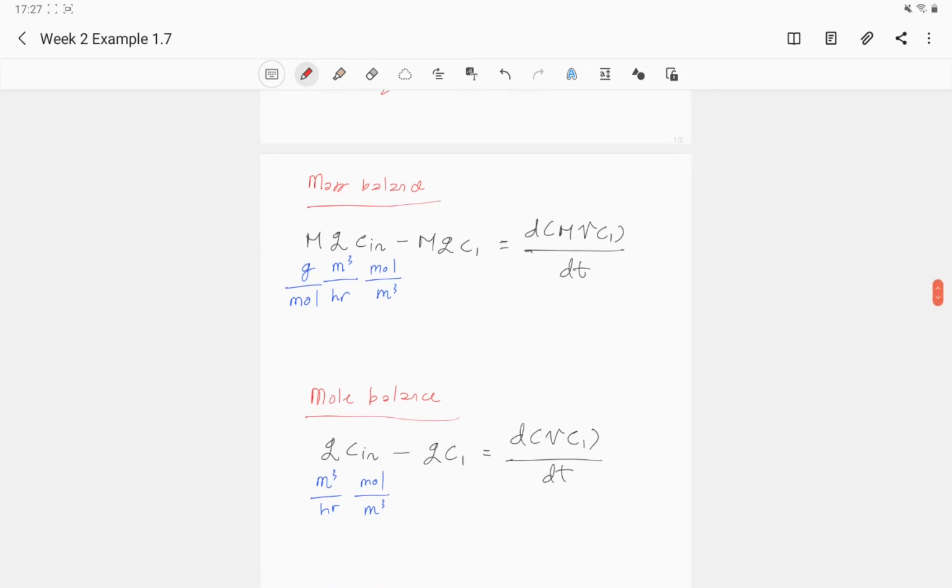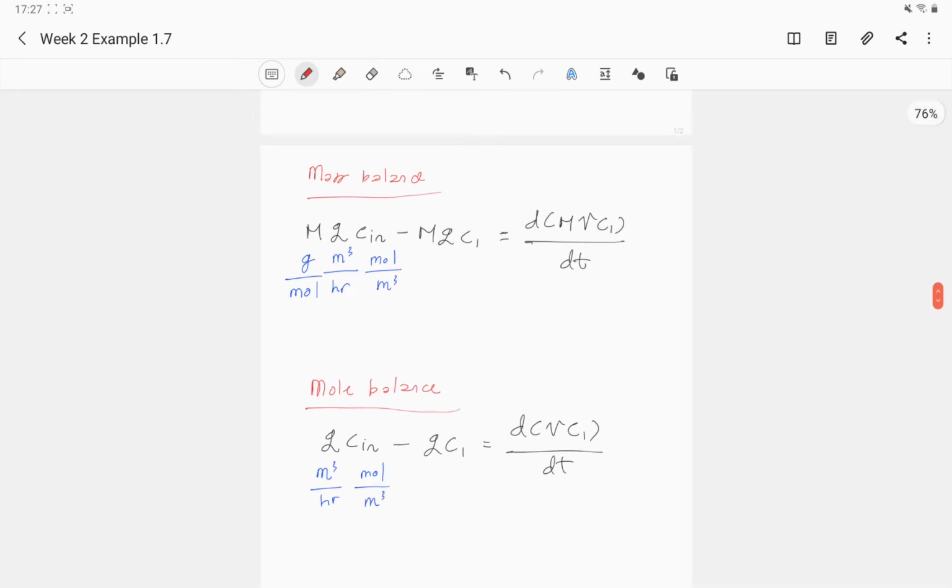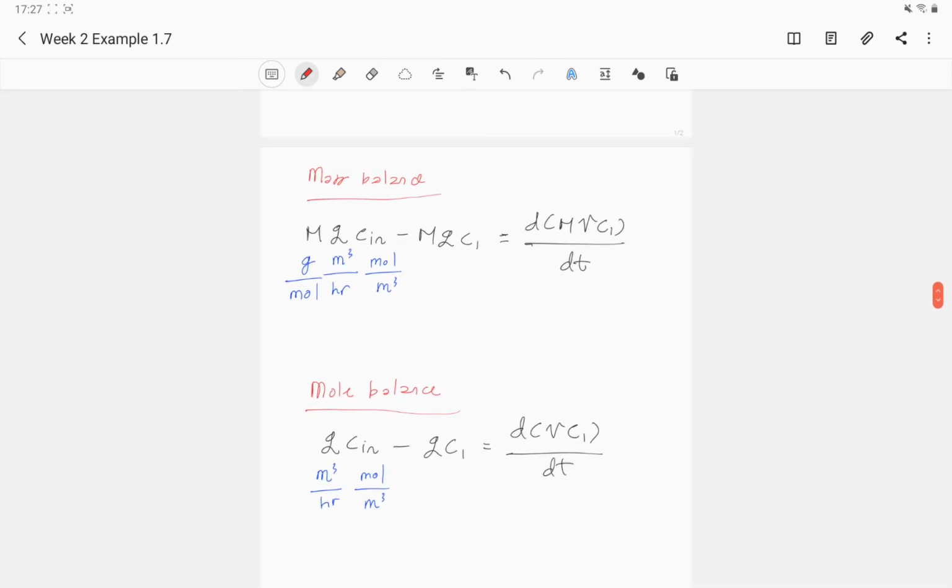Then I just want to go a little bit into the difference between the mass balance and the mole balance. If, for example, I ask you to make a mass balance on the first tank, then as you can see in here, there is an extra molecular weight term that comes out on the left hand side and on the right hand side. Whereas for the mole balance in here,